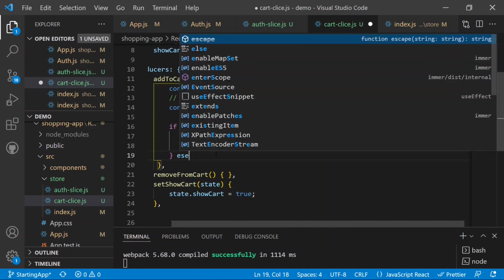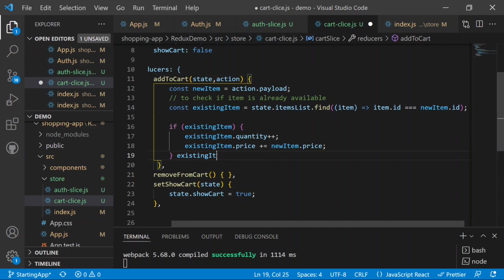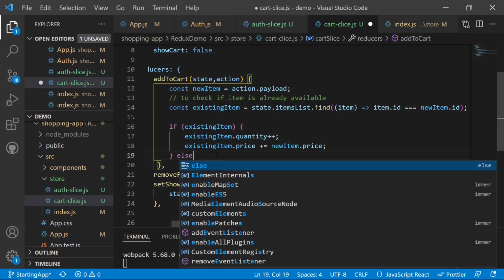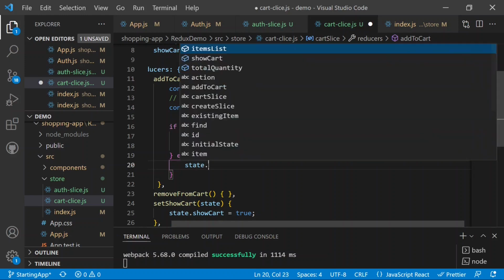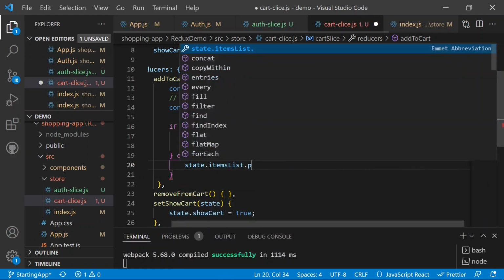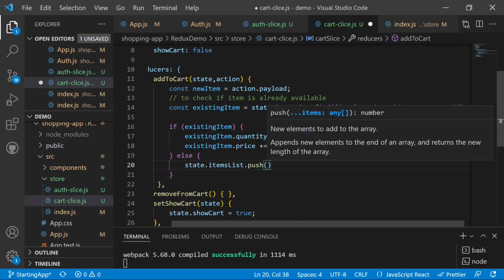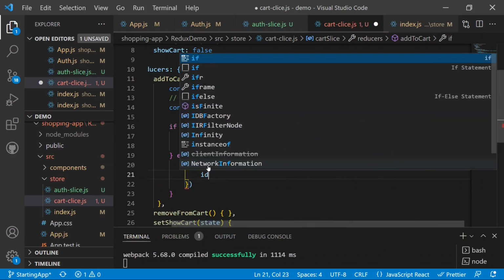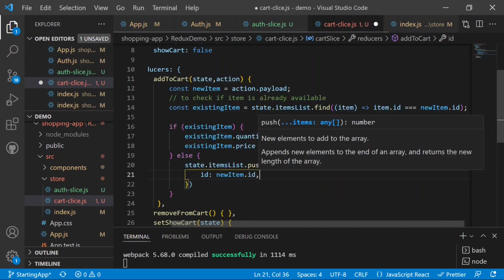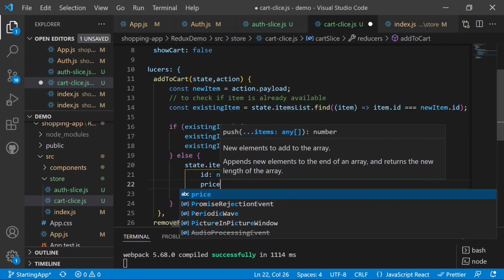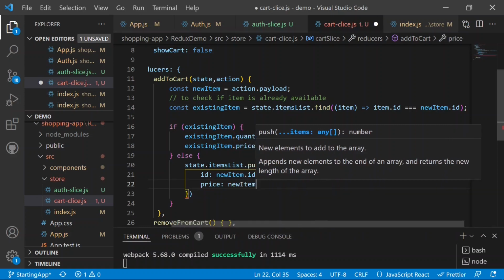And then in the else case, where the product is not available inside that, we can just create the product. So the else case will be there, and then we can add some functionality to it. We can just add the product to the list. So it will be state.items list.push. We can push a product, and it will have an object with the id, and the id will be equal to the newItem that we have grabbed dot id, and then it will have the price, which will be equal to the newItem dot price which we will get from the components, and